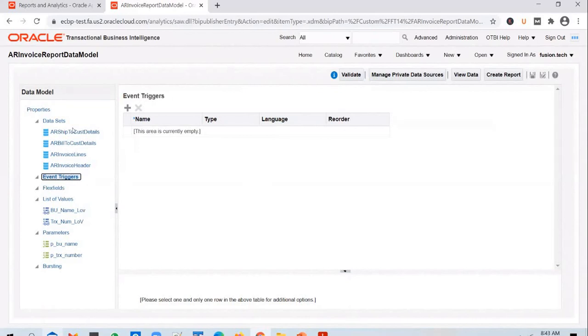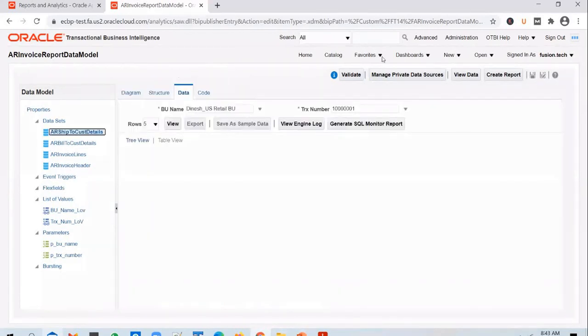Can we make the LOV dependent? For example, if we choose BU name in the first LOV, can we show only transactions in the second LOV?